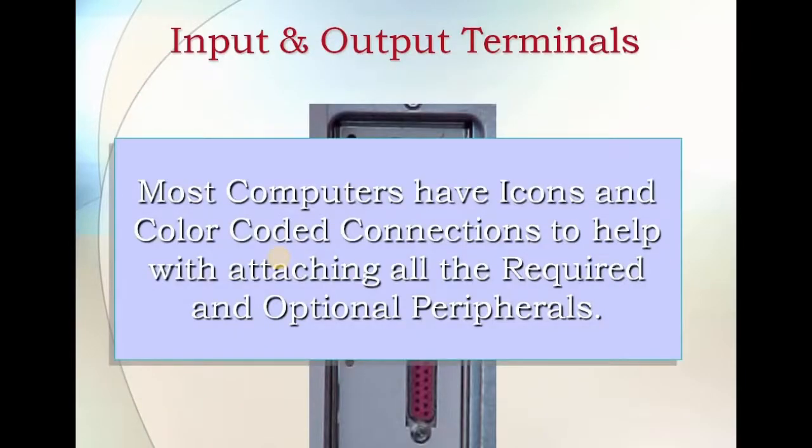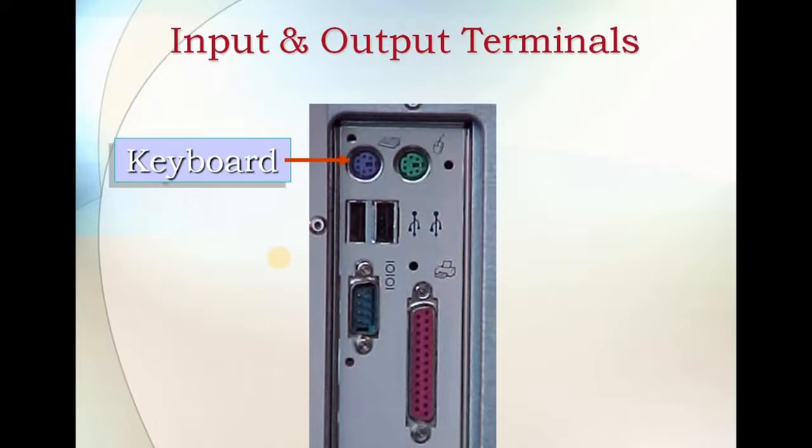Most computers have icons and color coded connections to help with attaching all the required and optional peripherals. Every computer has its own color coding scheme, so that it becomes easy for the user to understand which device has to be connected where. So we have different color coding schemes to connect different devices. In the earlier days, to connect the keyboard and mouse, we used these connectors. We call them PS2 connectors. This blue color one will be used for the keyboard, and